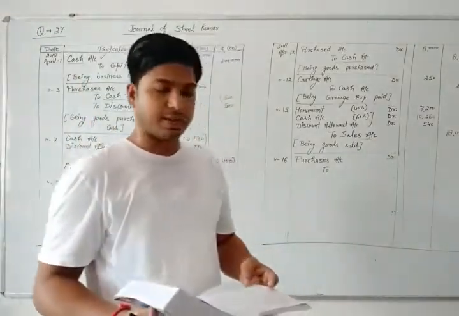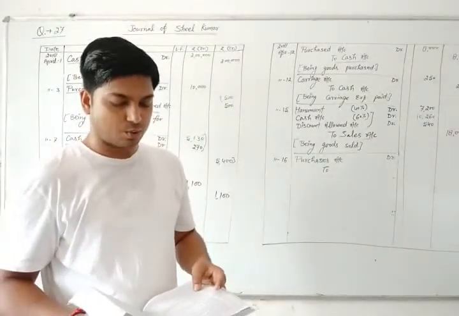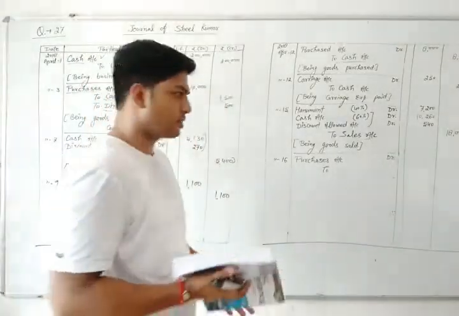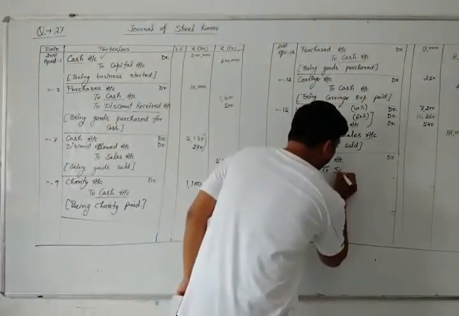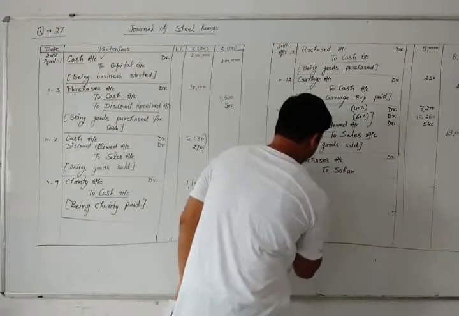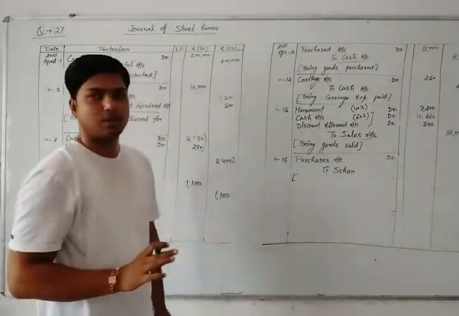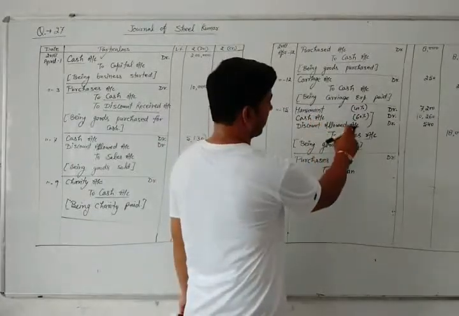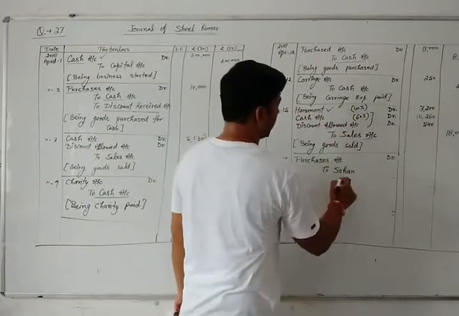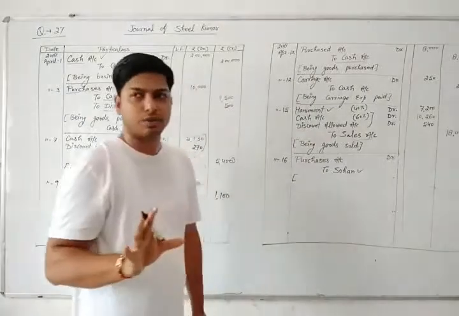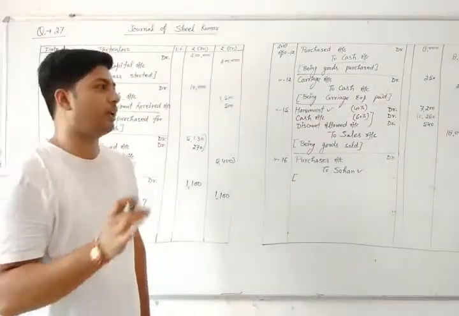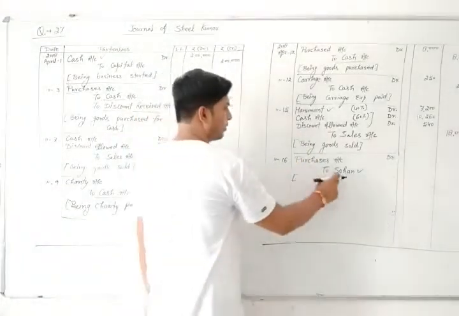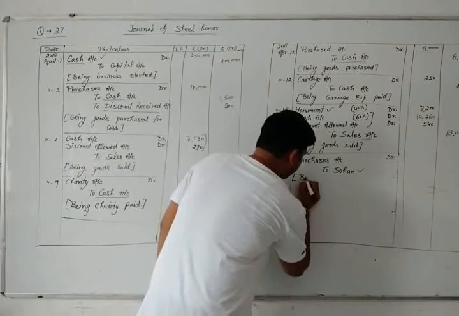Is it a cash transaction? No. It is saying Sohan sold goods to us, which means we purchase goods from Sohan. Cash is not given, so the name of the person Sohan will be written here. With the name of any personal account, we are not going to mention account. In real and nominal accounts, we mention accounts, but with a name like Hanuman, like Sohan, we are not writing account. So here purchases account debit to Sohan, being goods purchased.